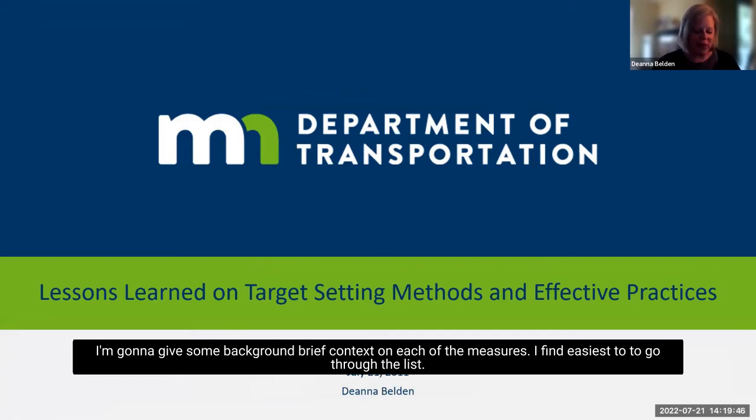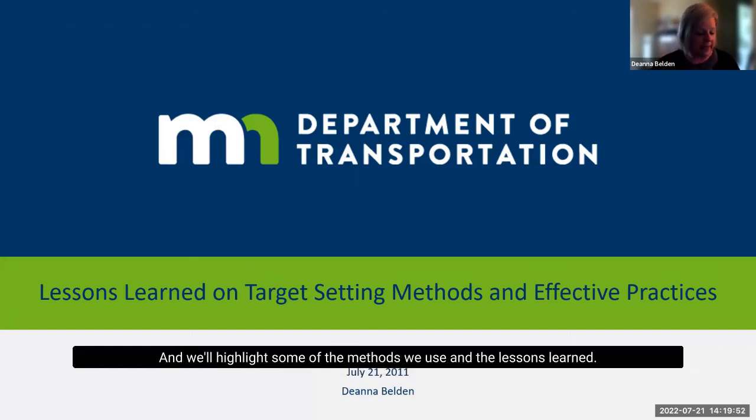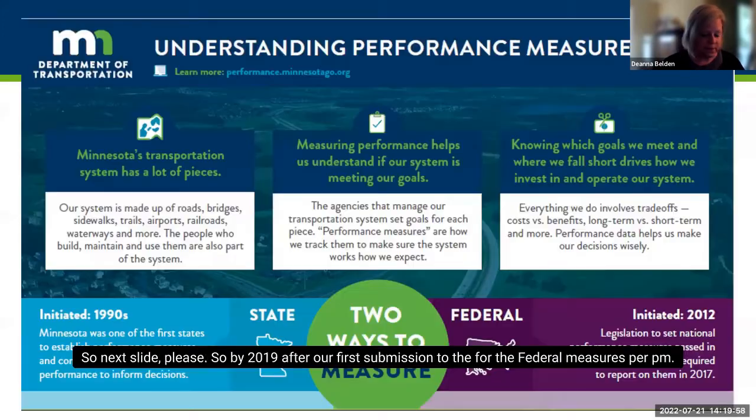I'm going to give some brief context on each of the measures. I find it easiest to go through the list, and we'll highlight some of the methods we used and the lessons learned. Next slide, please. So by 2019, after our first submission for the federal measures for PM2 and PM3,